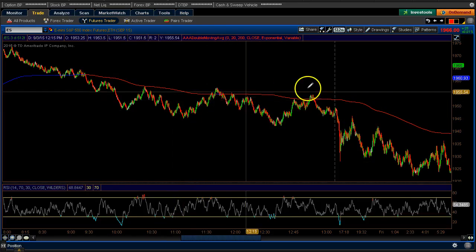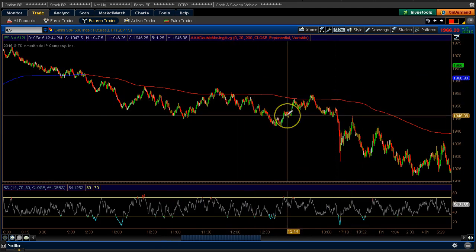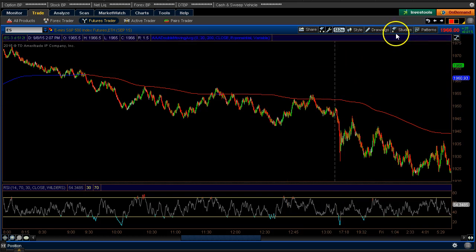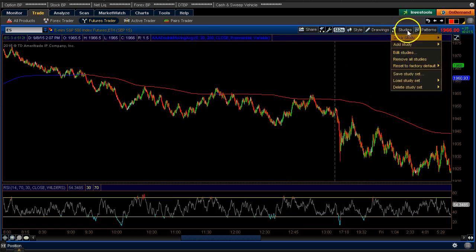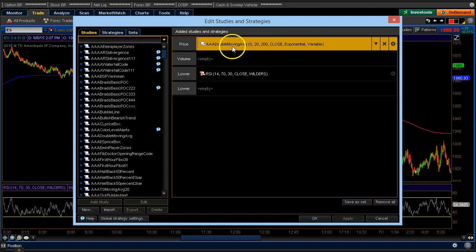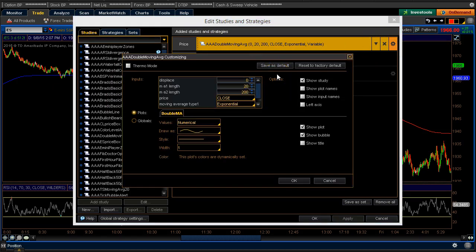Okay, so to install the double moving average line, you should have the code supplied with these videos. All you'll want to do is save it and then go to Studies, Edit Studies. I actually have mine called the double moving average line. You'll want to apply it, put it up in your strategies, and then for your settings, you'll want to change it so